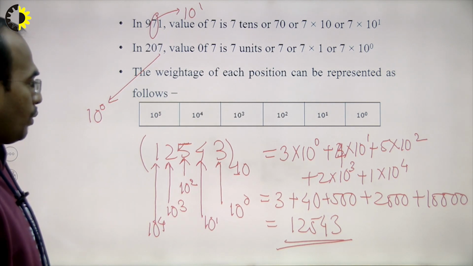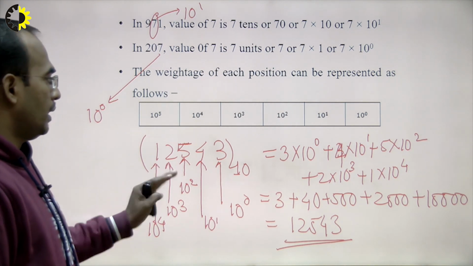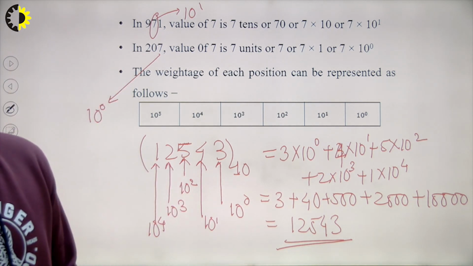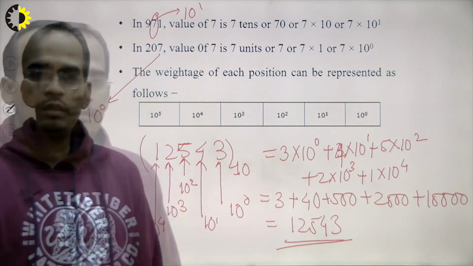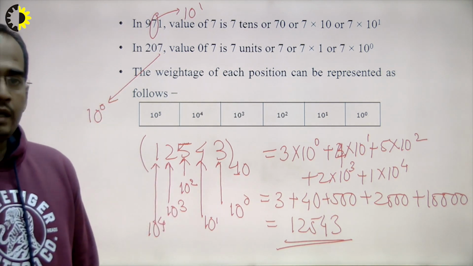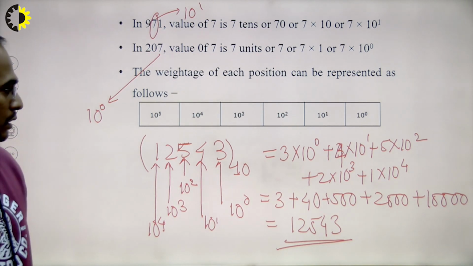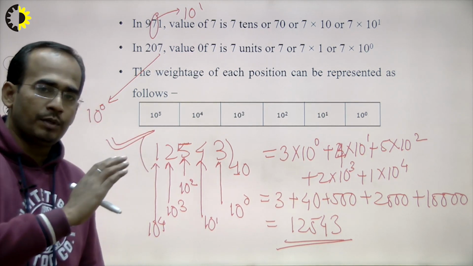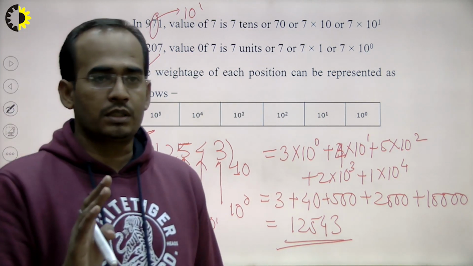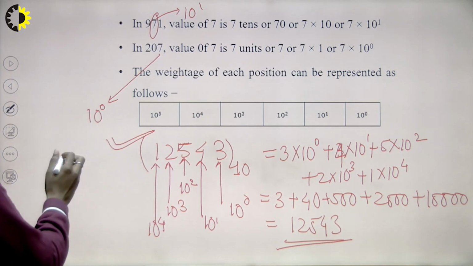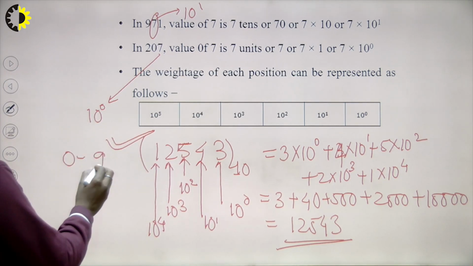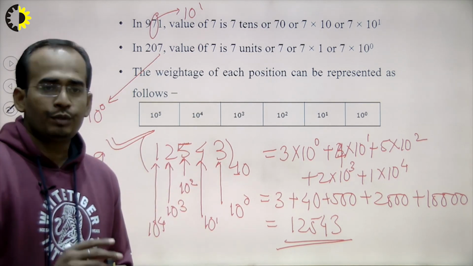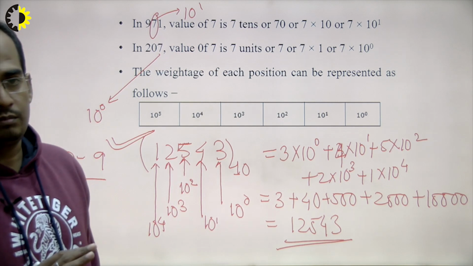And if you want to convert the decimal number system into any other number system, like binary, the position of each digit will be the same. In any number system, first of all you should know how to identify it. The digits used in the decimal number system vary from 0 to 9. So, in this number system the digits used are between 0 and 9. So, this is the decimal number system.